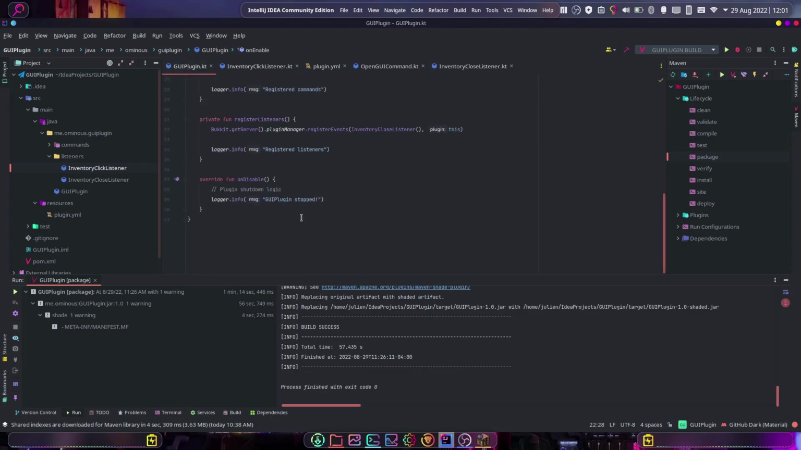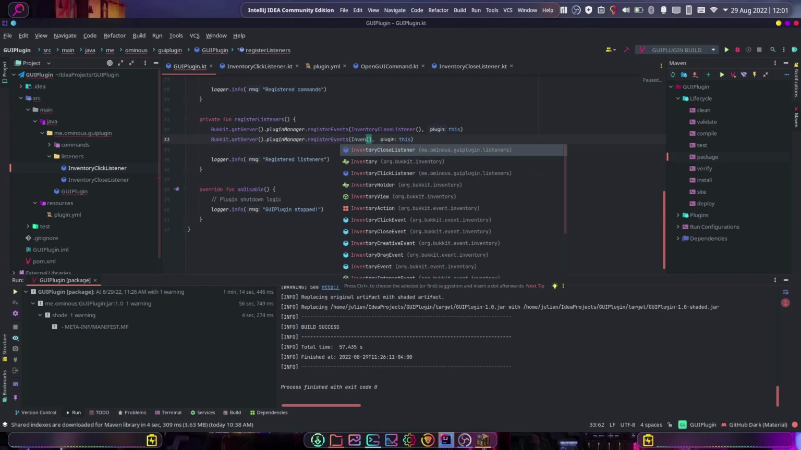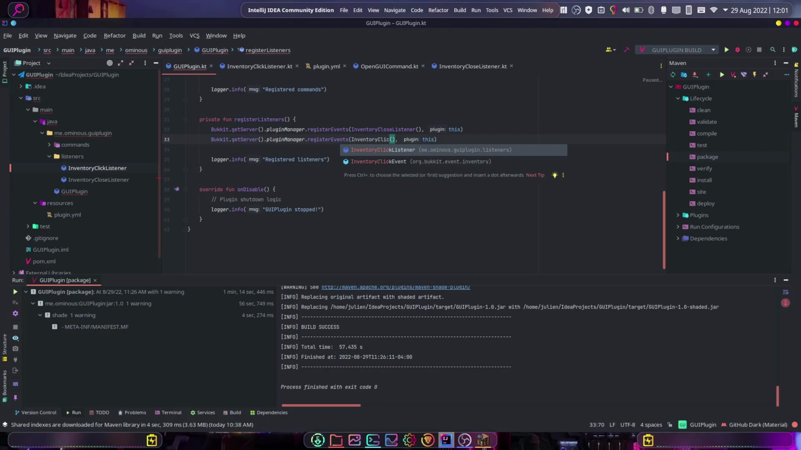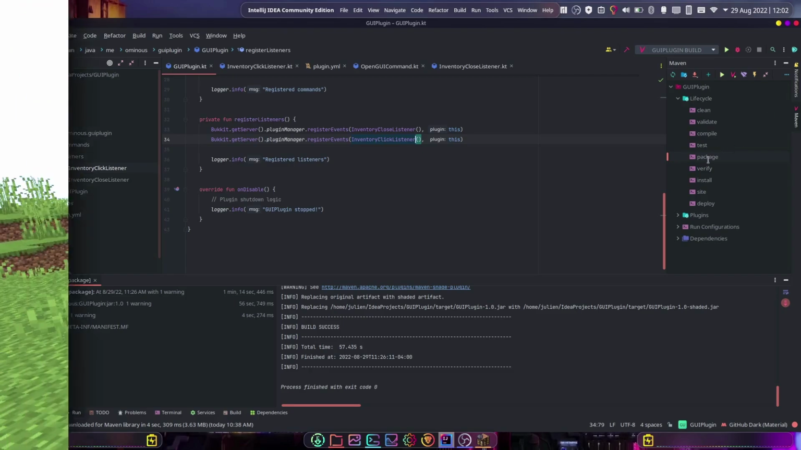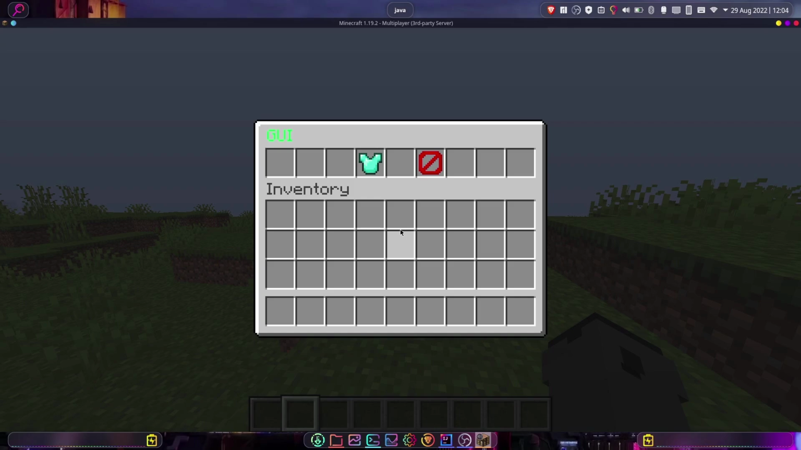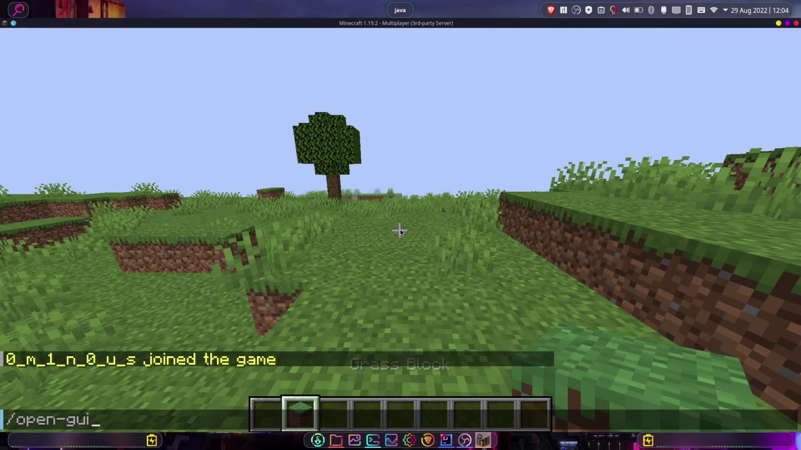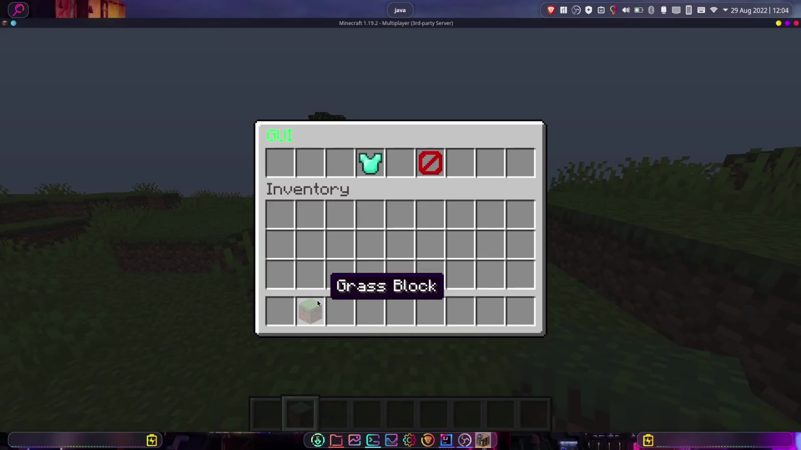But before we do that, we have to register our listener, because if we don't do that, our listener will not work. So we do the inventory click listener. There we are. Now we can build this and try it out. Okay, and here we are on the server. So let's do /open GUI. And the first thing, let's grab a block, and then let's try and put a block in. And if we put this block in, you see, we can no longer put the block in,